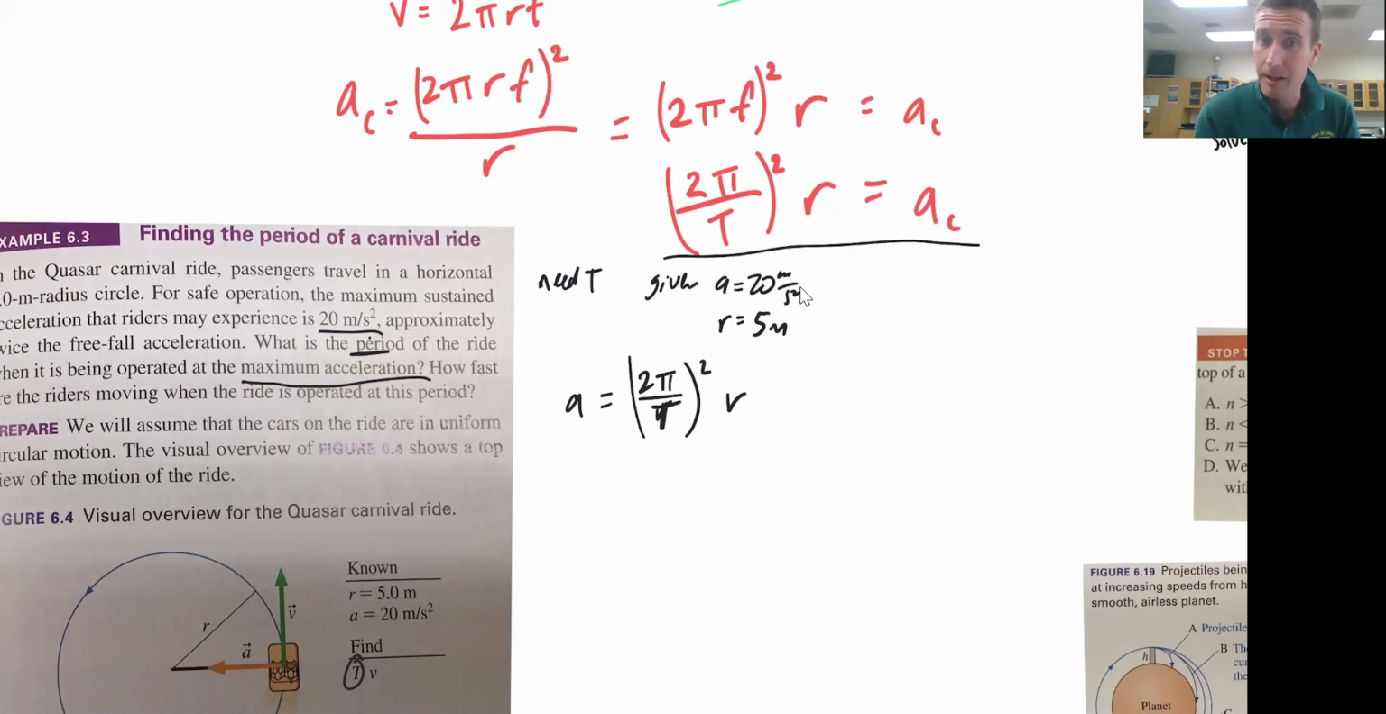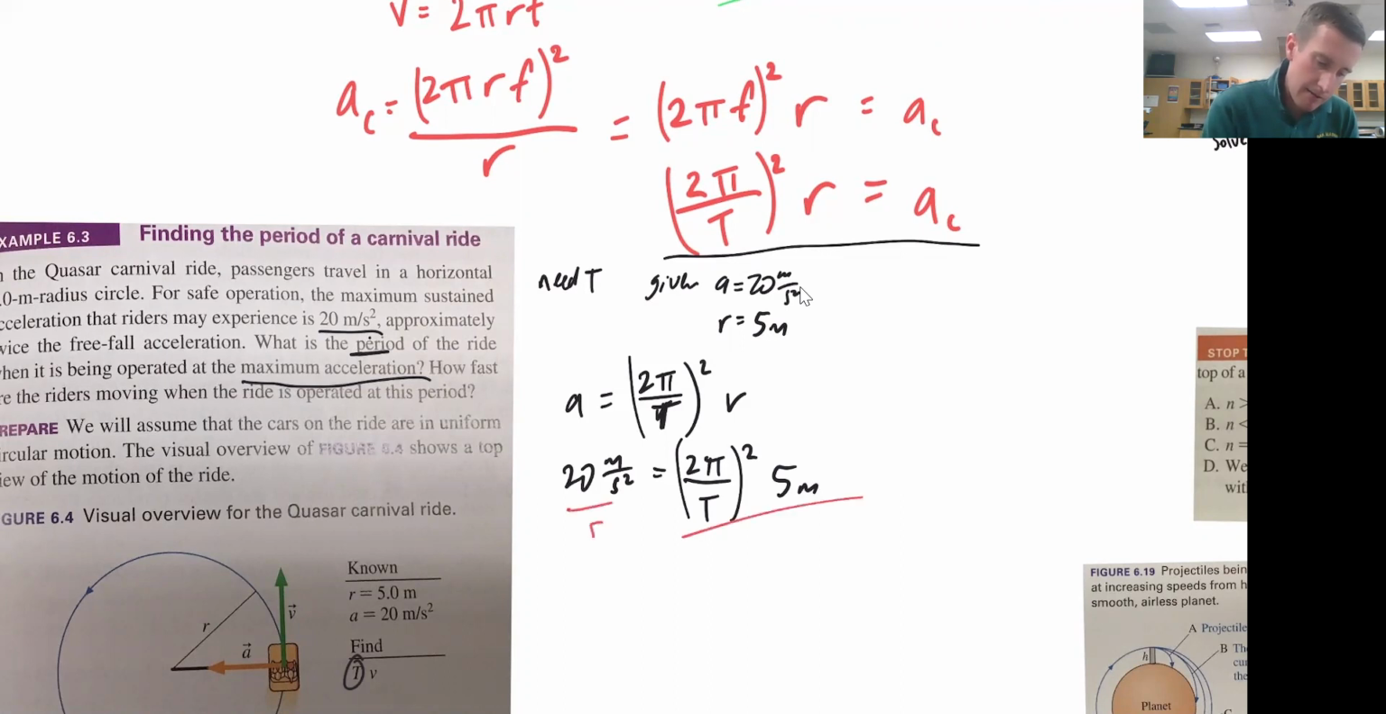I could manipulate it like this and do square roots and what have you, but instead I'm just going to plug in my values. So that is 20 meters per second squared equals 2 pi over the period, that's what I'm solving for, squared, times the radius of 5 meters. So I need to isolate that, divide both sides by 5 meters. That'll get rid of that and leave me with